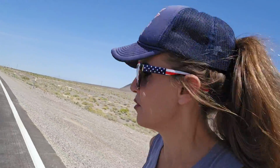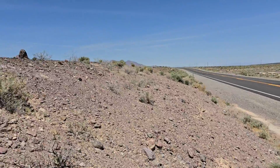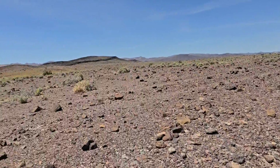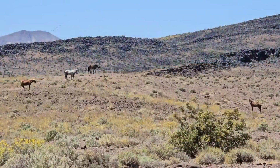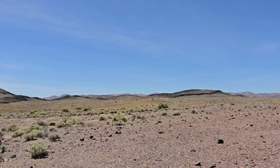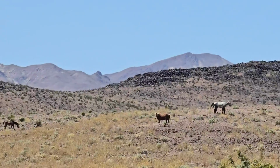Okay, hold on. This actually has nothing to do with where I'm going and what I'm going to check out. But I happened to see out of the corner of my eye as I was blazing along this lonely desert highway, oh my gosh, look! There's wild horses out here. I have never seen wild horses in this area personally. But look at that. I'm going to zoom in because I don't want to freak him out. There's a whole bunch of wild horses hanging out